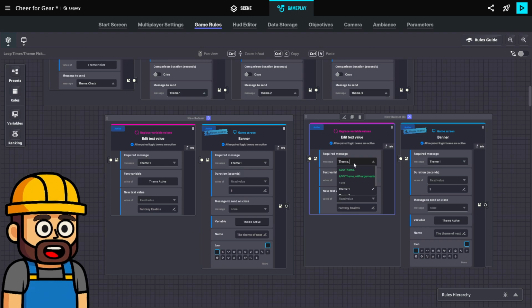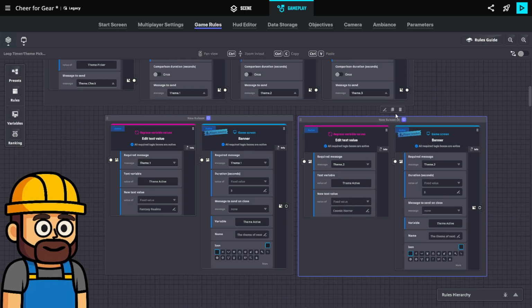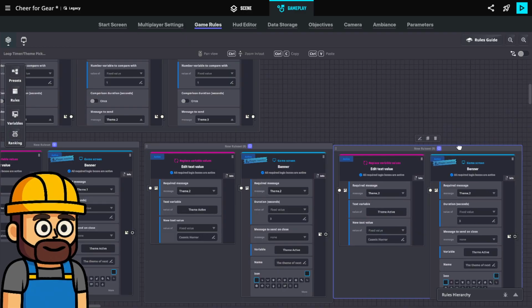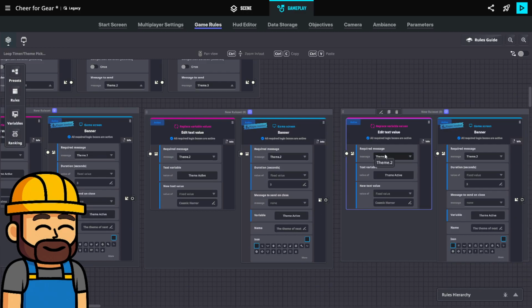So we know theme 2, which is cosmic horror, right? And then we haven't announced theme 3 yet, so we can call that one kitchen themed. Robot.